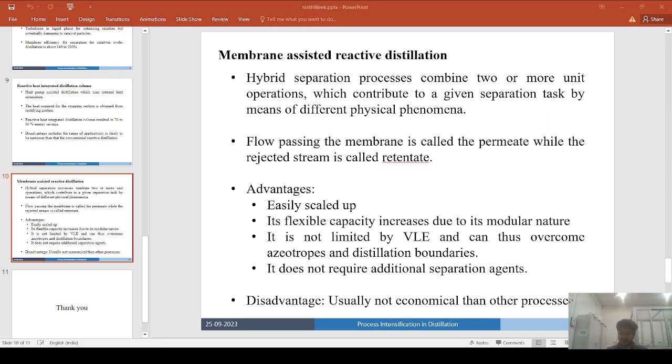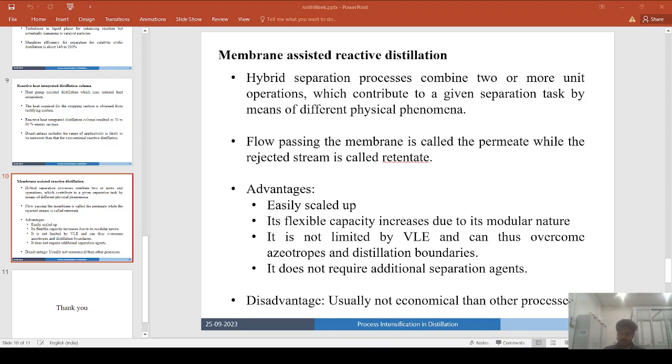In a membrane, what you are using is the difference in size, and in distillation, what you are using is the difference in boiling point. So you are combining two different separation tasks, governed by two different physical phenomena, into one